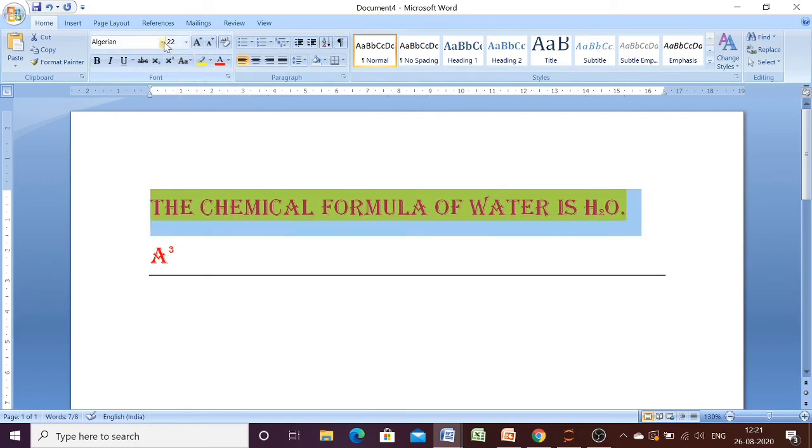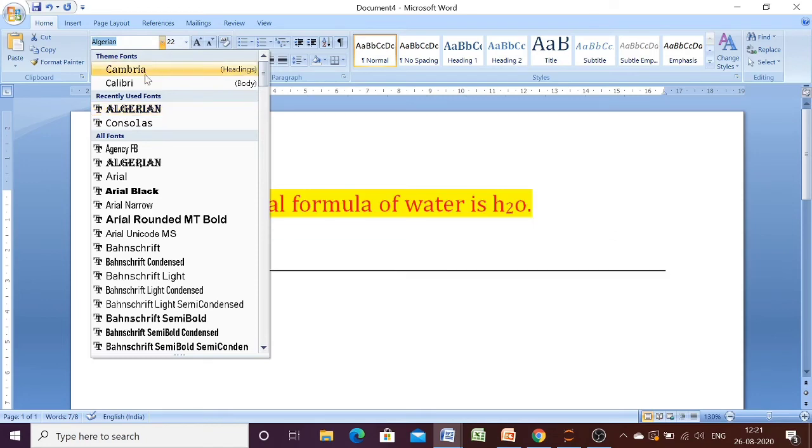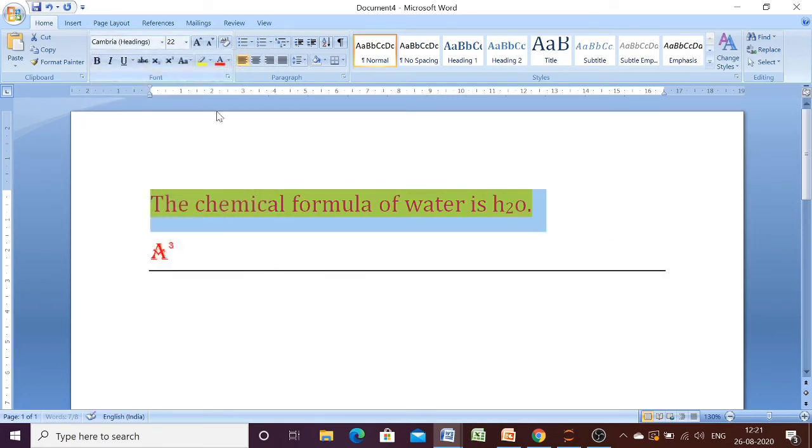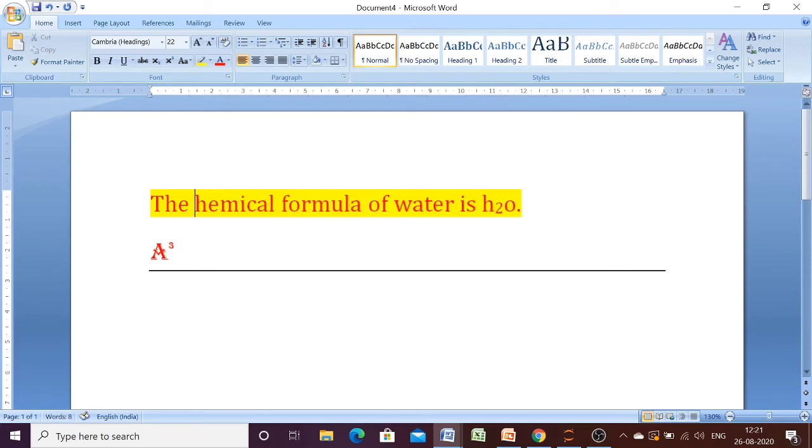Now let us change the style of writing, Cambria. I have changed the font face, and let us go for sentence case. Already the first one is in small.